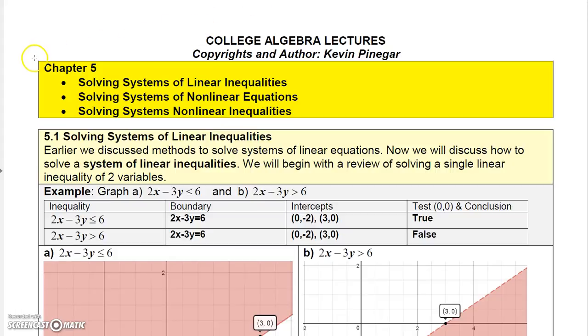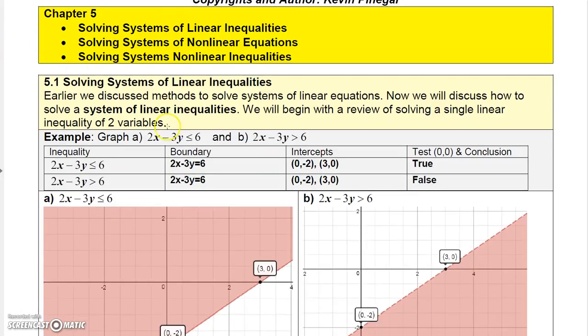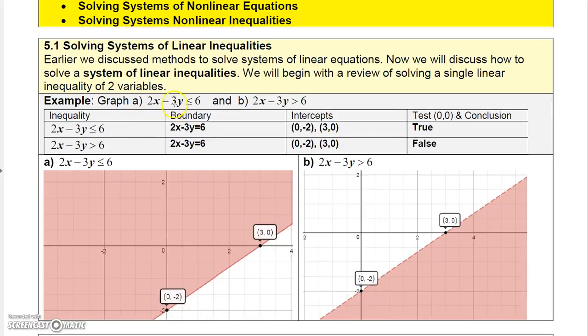Okay, in this chapter we're going to talk about solving linear inequalities, well actually systems of linear inequalities. So you should already know how to solve a single linear inequality, but if you don't, let me go ahead and show you what you can do. If you want to solve a linear inequality like 2x minus 3y is less than or equal to 6, basically what you want to look at is the corresponding equation, which is actually a line,